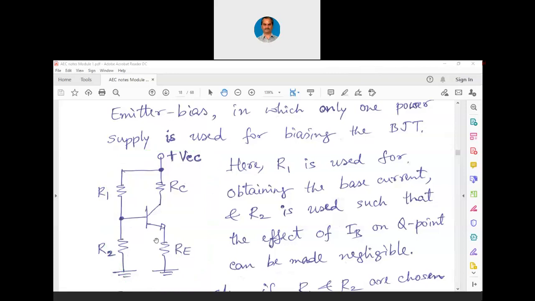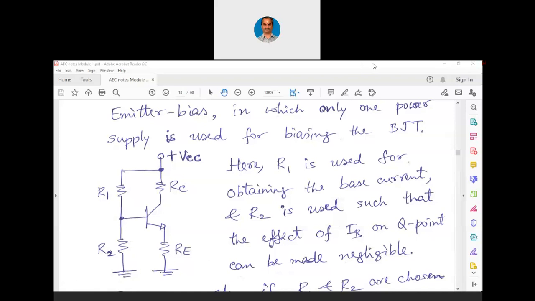Now, you already know why we used RE. Now, let me tell you why we use R2. Let us design the circuit in such a way that the current flowing through R1 and the current flowing through R2 are approximately the same. Let us ignore IB completely. Let us choose the values of R1 and R2 in such a way that the current flowing through R2 is not in microampere, it is in milliampere. If the current flowing through R2 is in milliampere, now we can in general say that IR1 equals IR2 plus IB.